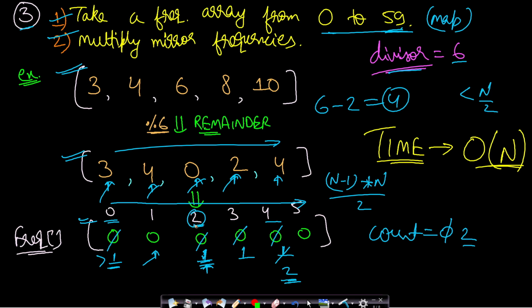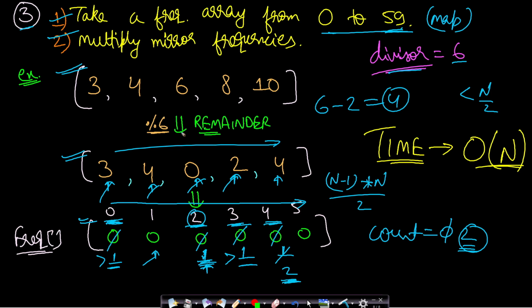So we will stop at 2 just to avoid duplicate calculations and calculate the special cases 0 and 3. If you look at 3, then it should have count greater than 1 in order to make a valid pair with itself, right? So both these 0 and 3 are not forming any pairs, and for 2, 4 will form the pair, so it will be 1 into 2, right? So the answer in this case is 2.